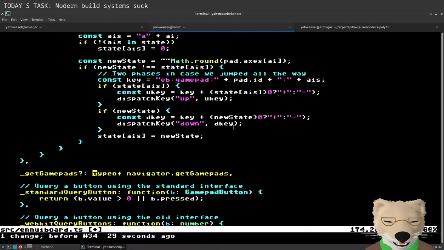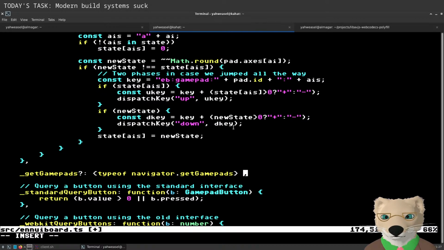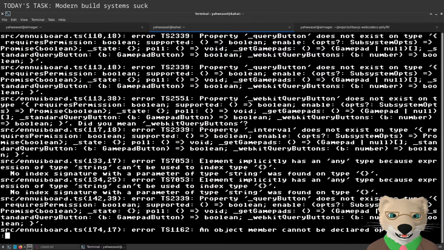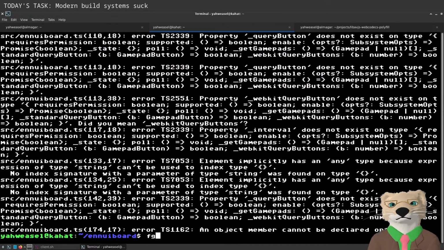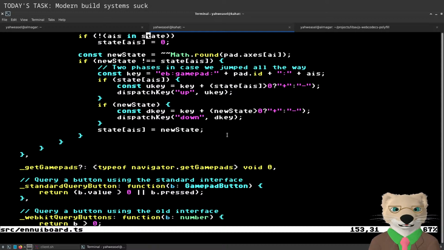I see. I wasn't naming a type. Yeah, I was getting confused because some of the syntax is similar, but I was actually naming a field. Yeah, and similar for query button.